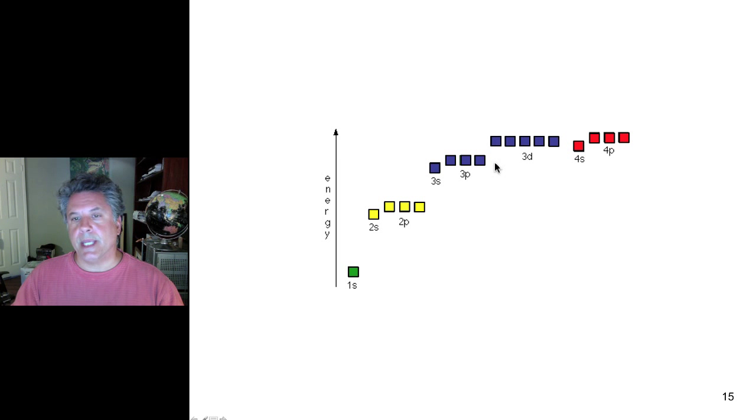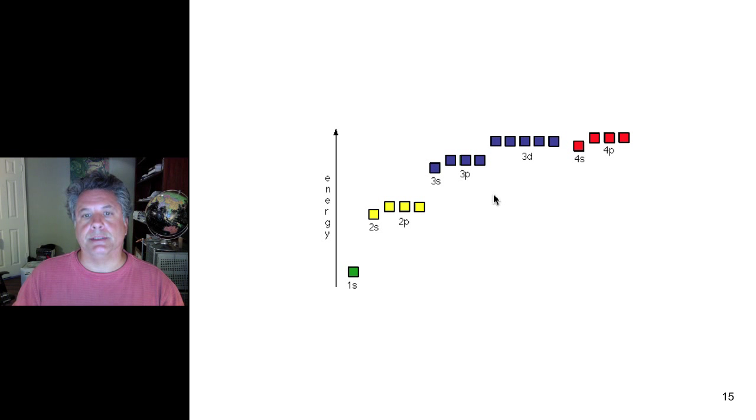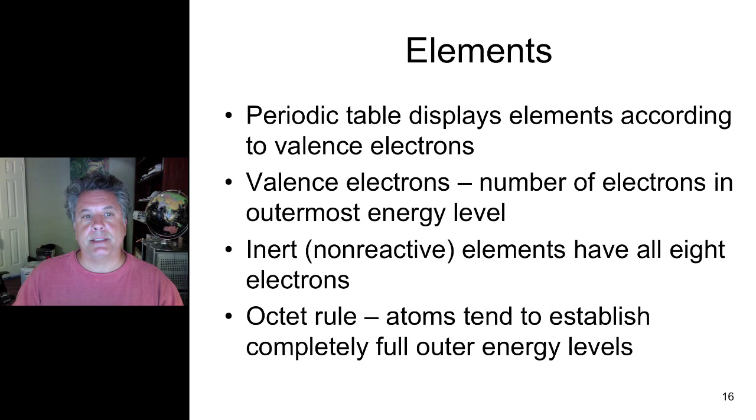So finally, we're in a position now to look at the elements and their electron configurations and study how that is important in terms of chemical bonding, now that we have all the orbitals and the energies associated with those orbitals under our belts. So let's look at some elements. As we'll see, the periodic table is a way to organize the elements according to the electrons present in their outer energy levels, at the most outer energy level. We call those the valence electrons, and those are the electrons in the outer energy levels that are available for participating in chemical bonding, bonding one atom to another atom.